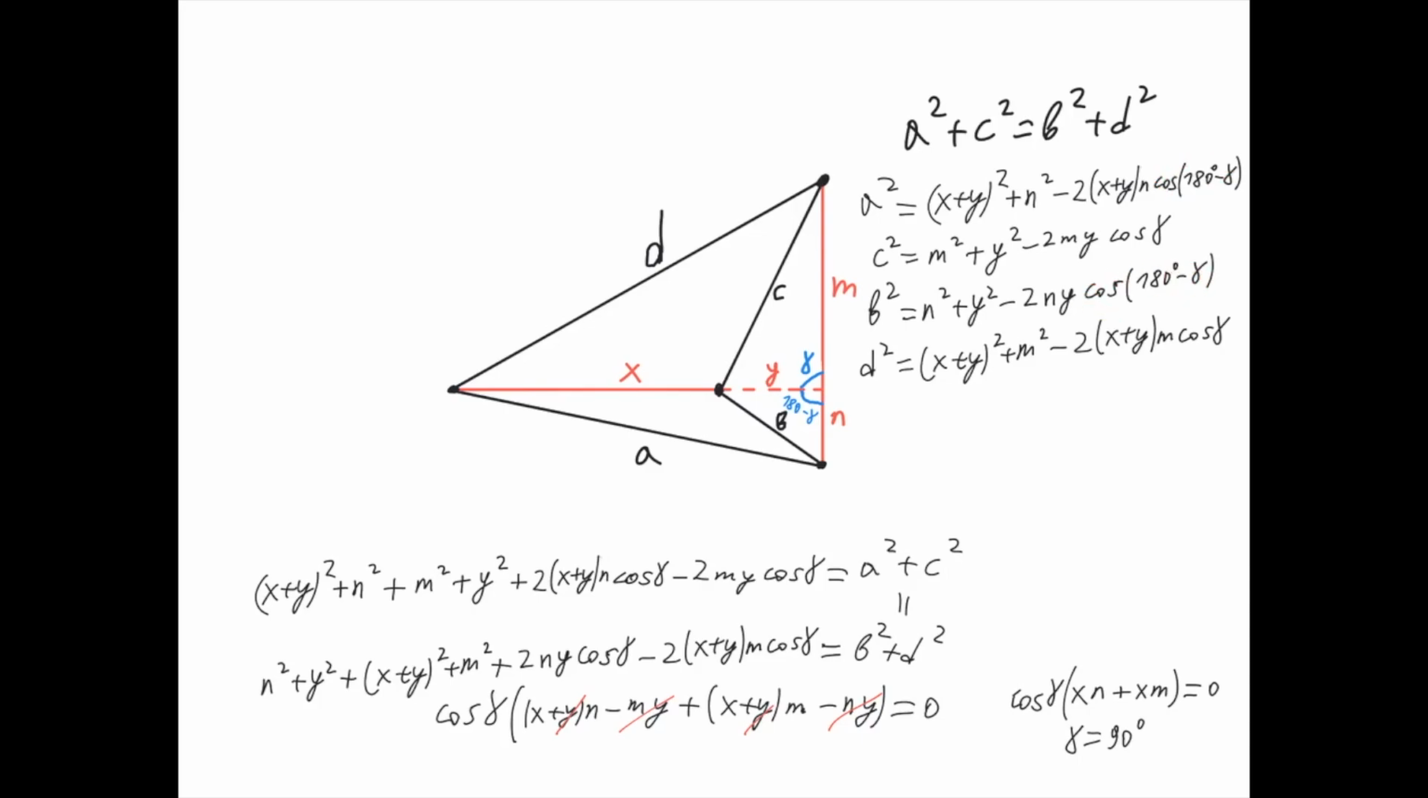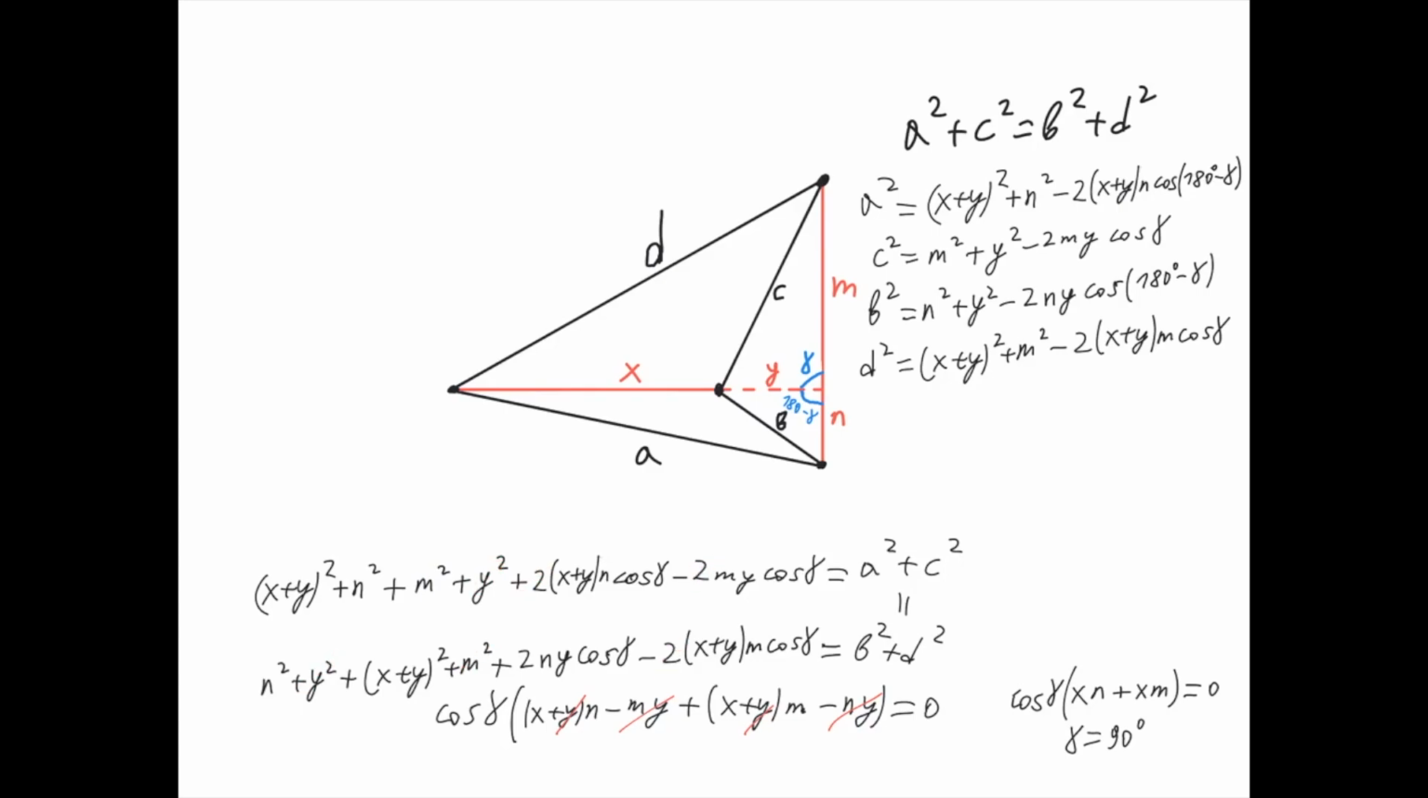And then we can add these two equalities and these two equalities, use that a squared plus c squared equals b squared plus d squared here, and get that this left-hand side, which comes from the sum of this and this, equals this left-hand side, which comes from the sum of this and this. And then we can cancel out (x plus y) squared, n squared, m squared, and y squared, cancel out the 2's here,